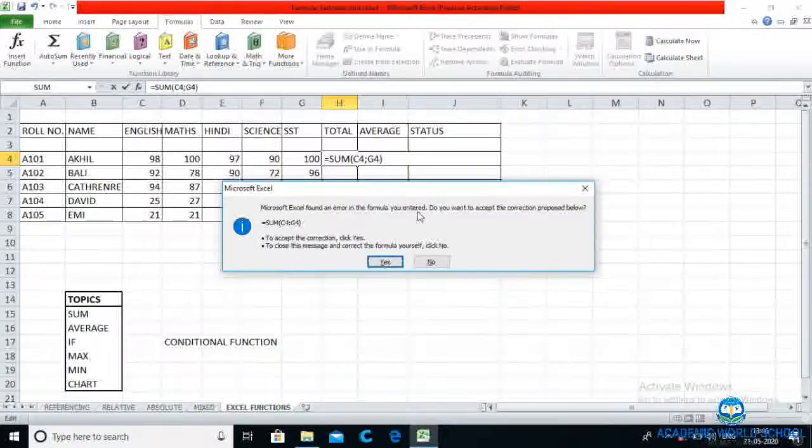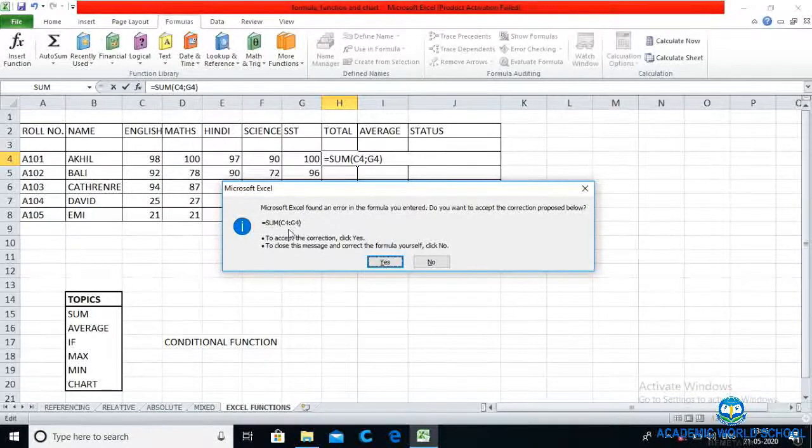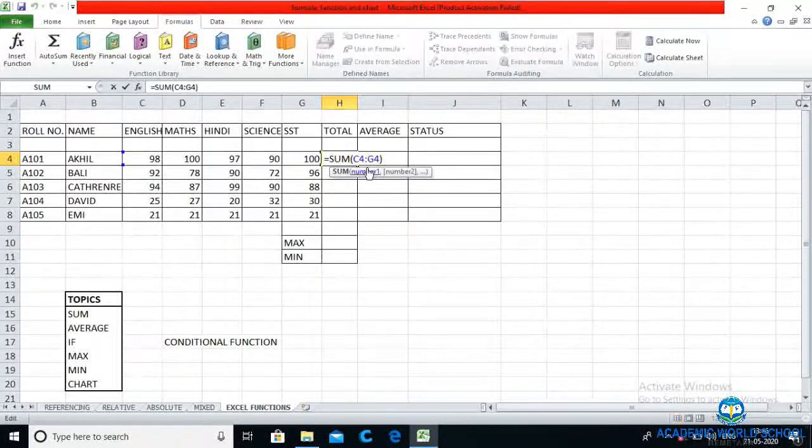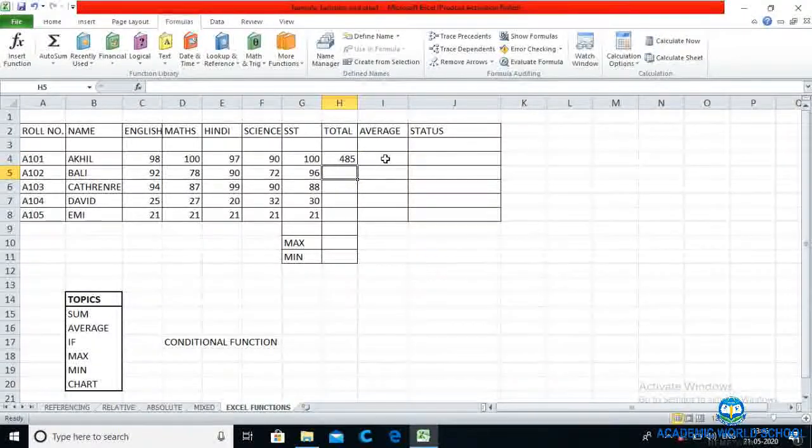Do you want to accept the correction proposed? And the proposed correction is the colon sign. Got it, students? Why syntax is necessary? Then press enter, you will get the result.